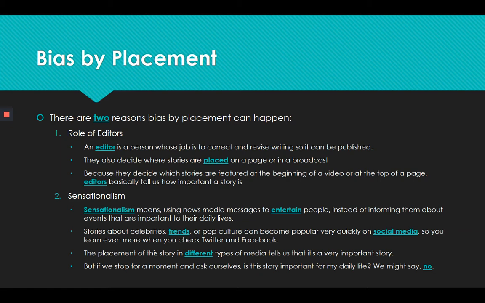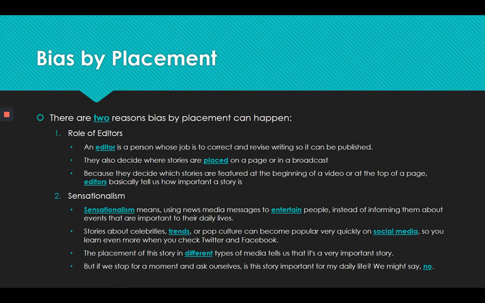So if one editor thinks it is more important to talk about coronavirus than about the hurricane, you will see the coronavirus article at the top of the page. However, if an editor believes that the hurricane is more important, they might put that at the top. And so it can impact how important you believe the story is. The second reason is